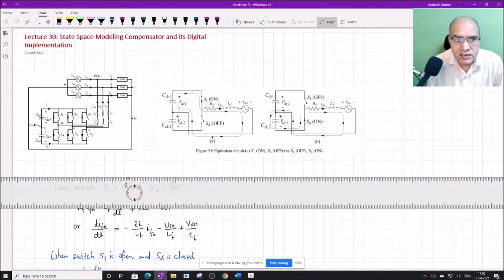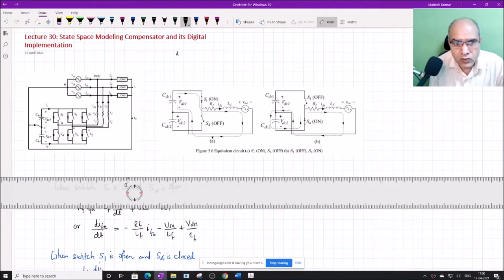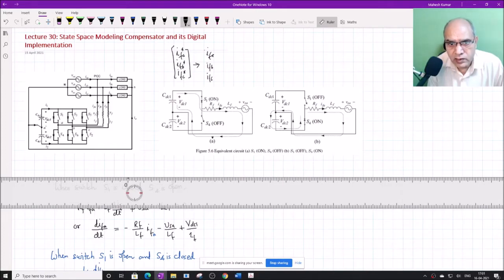We expressed how IFA star, IFB star and IFC star can be found, and based on these values, we have to use some power circuit to produce the actual currents. So IFA, IFB, IFC are the actual currents, and these actual currents follow the reference currents by way of switching